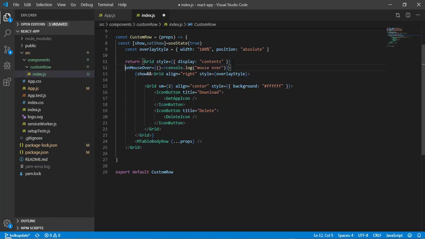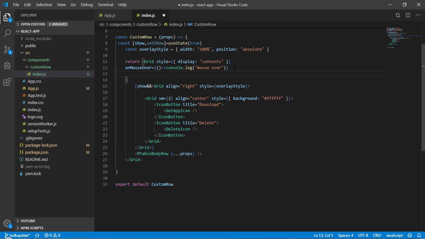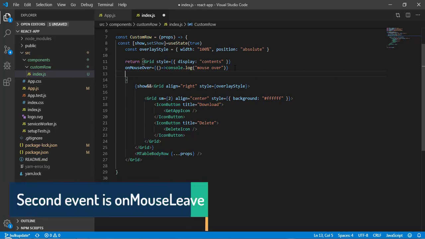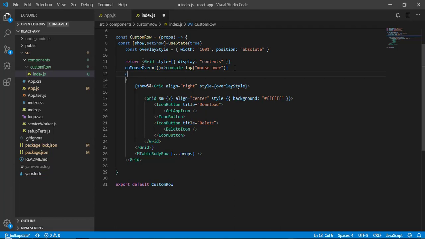Okay, and now I am going to call another function, and that is called onMouseLeave. Once I start getting my mouse out from the row, this function is going to trigger. So onMouseLeave. Okay, here I will do console.log and call it mouse leave.